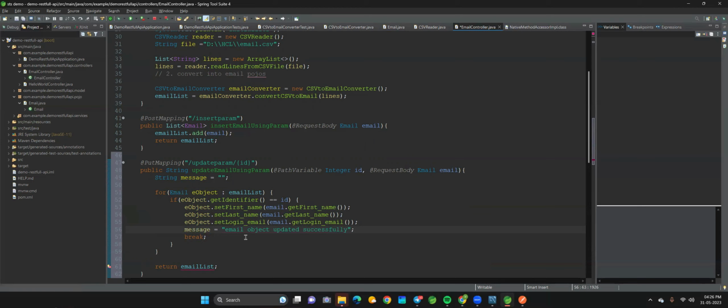If the break comes, we don't know whether the for loop ended with a successful finding or just like that. For example, if the ID is not found in the list, in that case also the for loop will exit, right? So in that case the message will be null, right? So I can check if